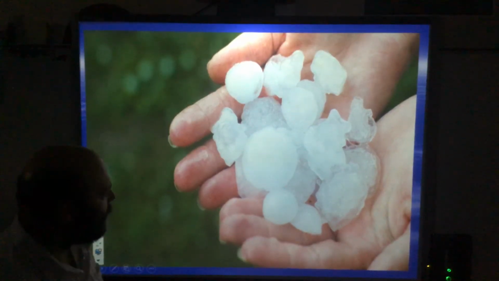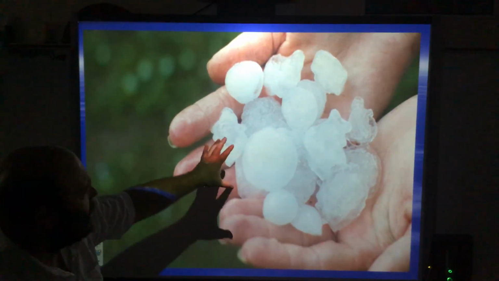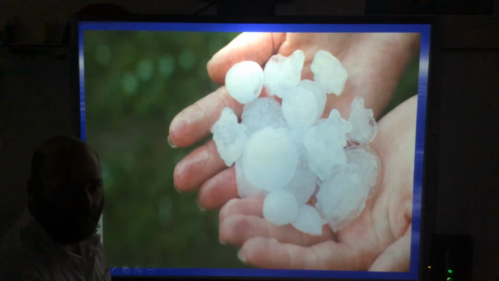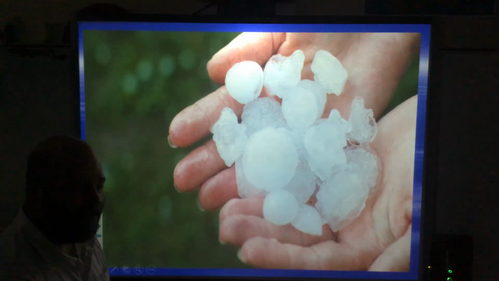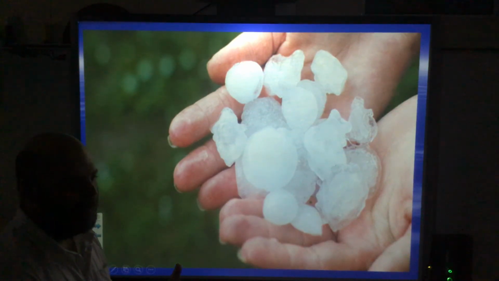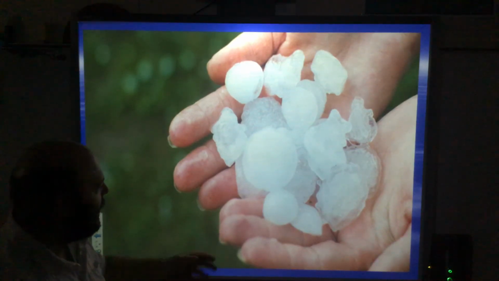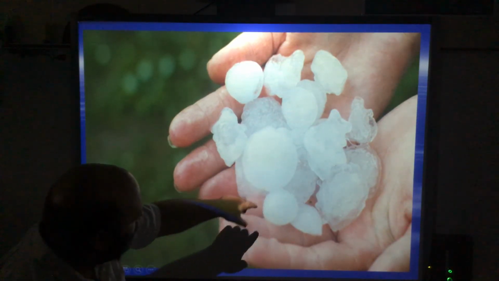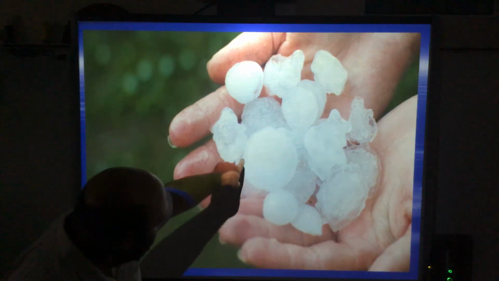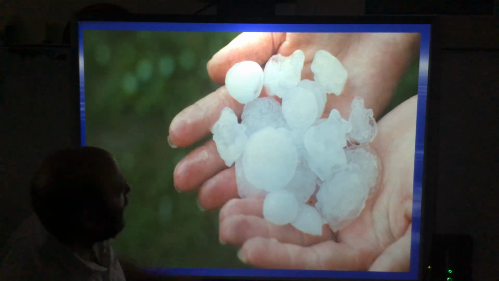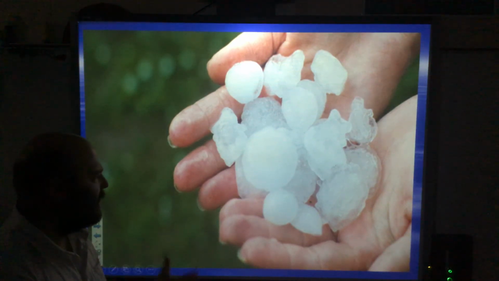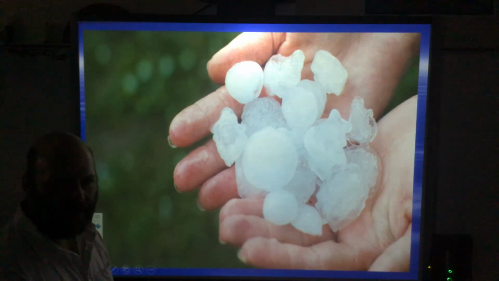Now, the next one we're going to talk about, and this looks very similar to sleet, but this is hail. Now, hail is an anomaly because hail is frozen, but hail only falls out of massive thunderstorms in the summertime. And these are various sizes of hail. You got pea-sized hail, and then this is about the size of a nickel. That's about the size of a dime. So this is generally kind of a mixed bag.